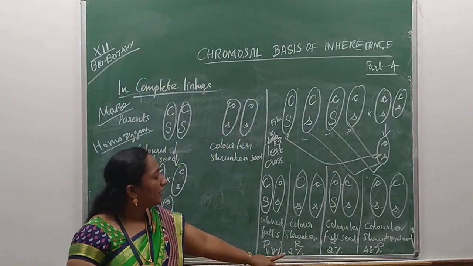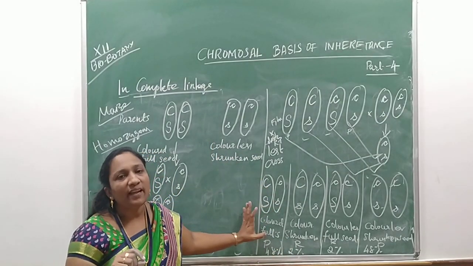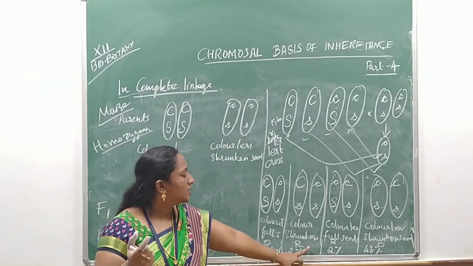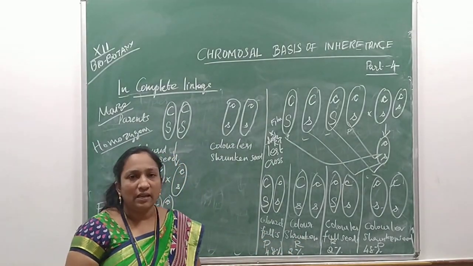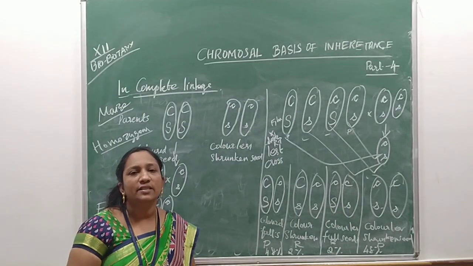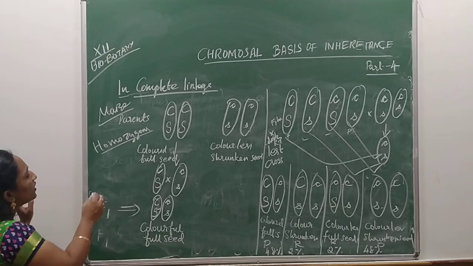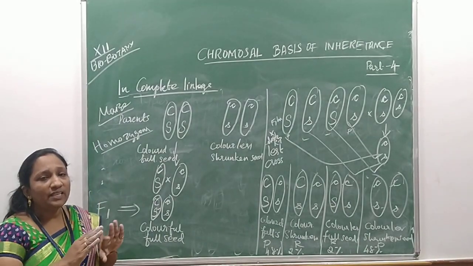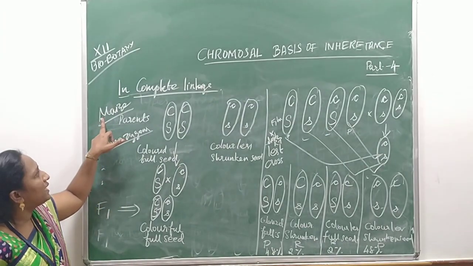So why is the recombinant percentage very low here? Due to the incompletely linked gene, the percentage of the 2 recombinant varieties is less. So this is the example for incomplete linkage. What is incomplete linkage? If the genes are too far, there won't be a strong chance for linkage, so they will easily undergo recombination. That is why we have taken maize as an example.